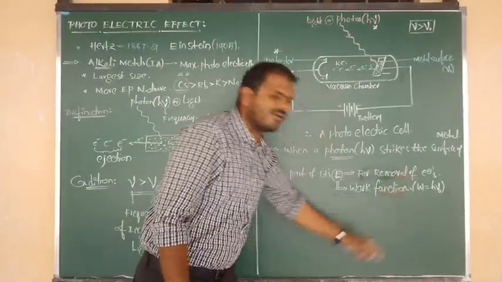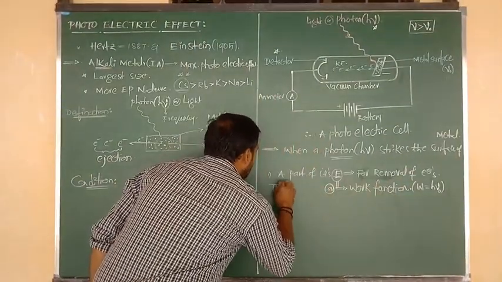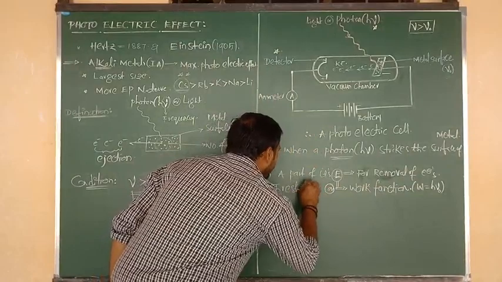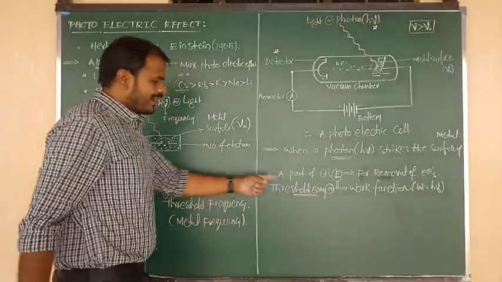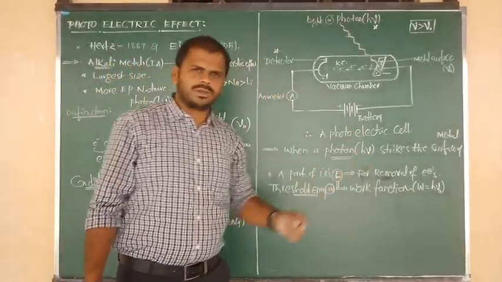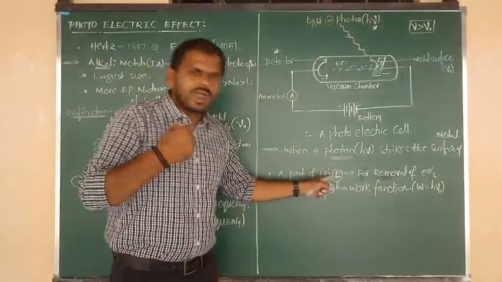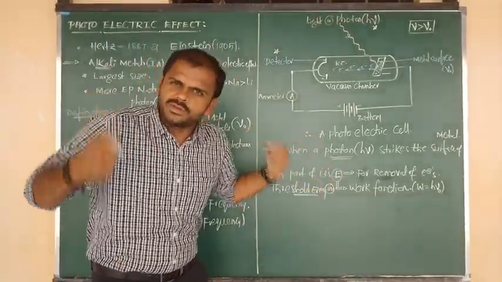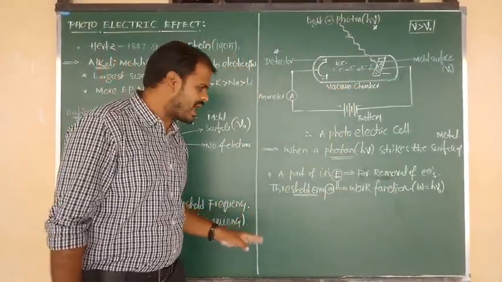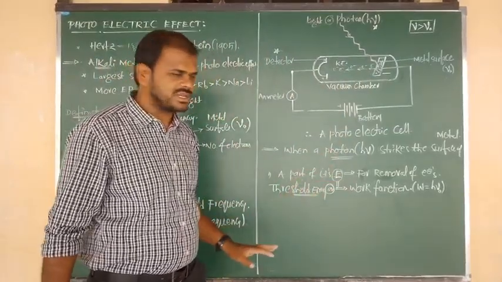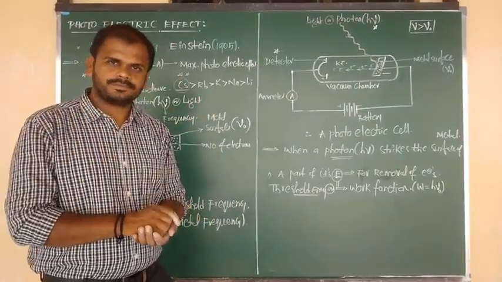That one we have to say is work function, and another name of work function is known as threshold energy. So they can ask you, sir, what is meant by threshold energy or work function? Threshold energy or work function is nothing but a part of photon energy which is utilized for the removal of electrons from the surface of metal. That is known as work function or threshold energy. Its formula is W equals hν₀.